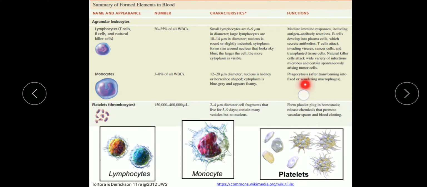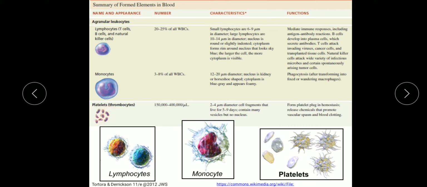So, monocytes take longer to reach the site of infection than neutrophils do, but they arrive in large numbers and destroy more microbes upon arrival. Upon arrival they enlarge and differentiate into wandering macrophages, which clean up the cellular debris and microbes by phagocytosis after an infection. So, now let us see the platelets.